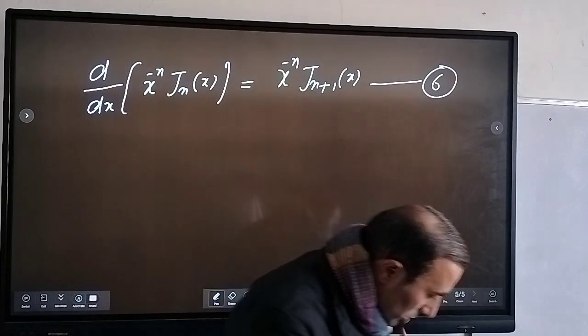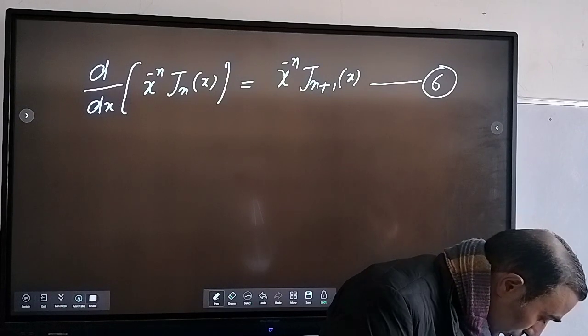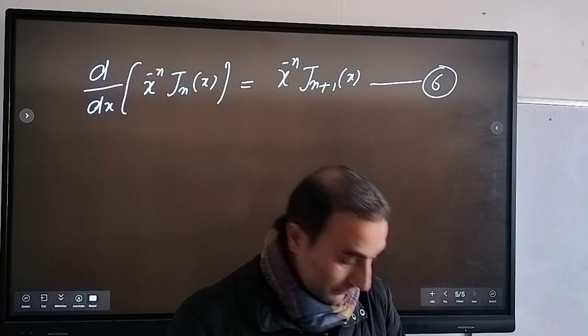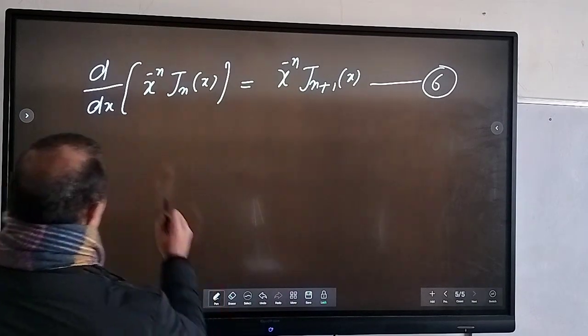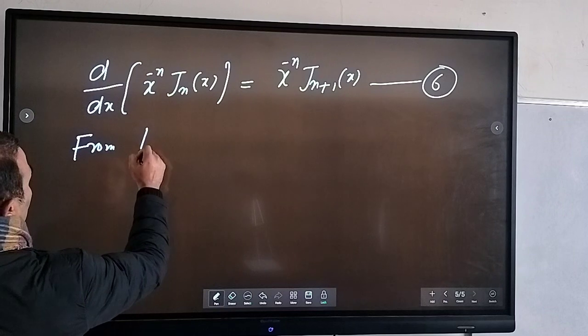But before that, let's evaluate some of the things, because we have already from the first relation we can see what's the relation between J_0 and J_2, right? So first, from this relation,